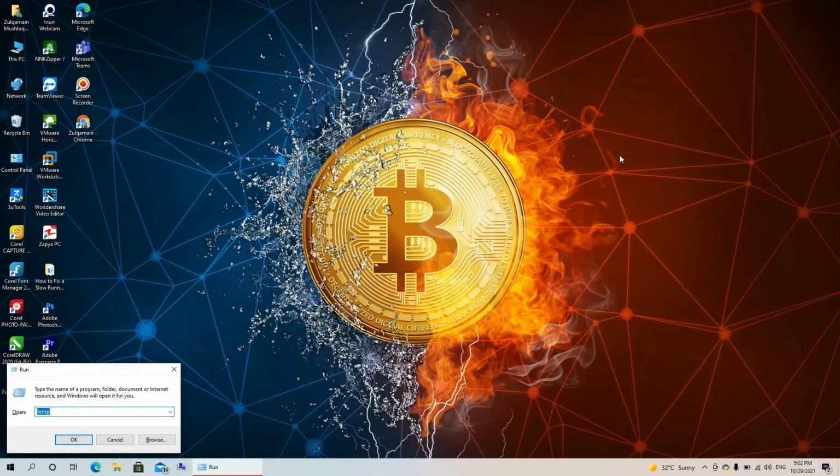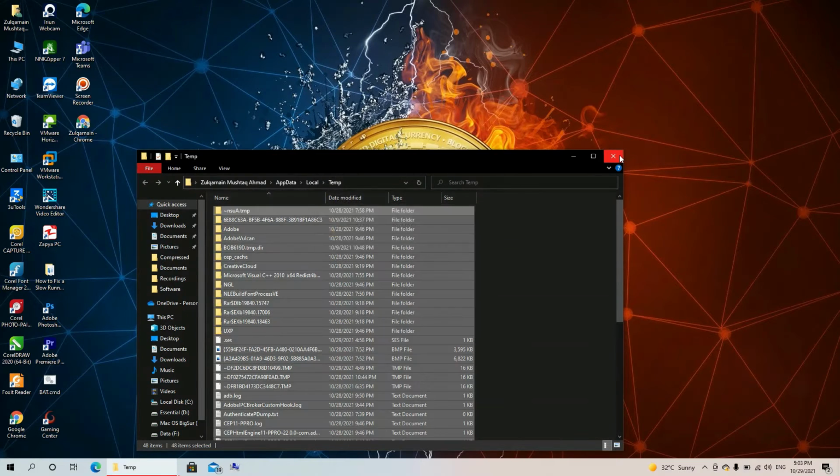Second option, if your system is on any domain or you don't have access to this folder, do the same thing. Go to run command bar, window button plus R and type there %temp% and enter. You will get access to this folder, temporary files folder. Do the same thing, select all files and delete them.